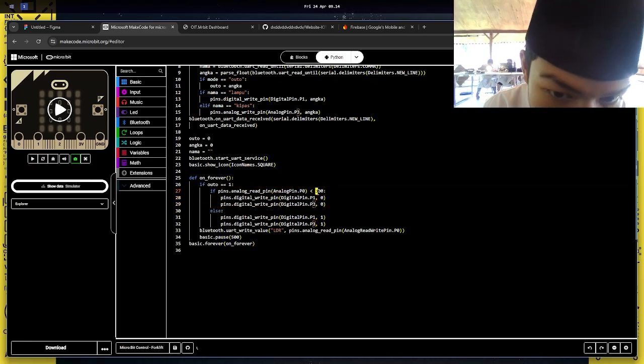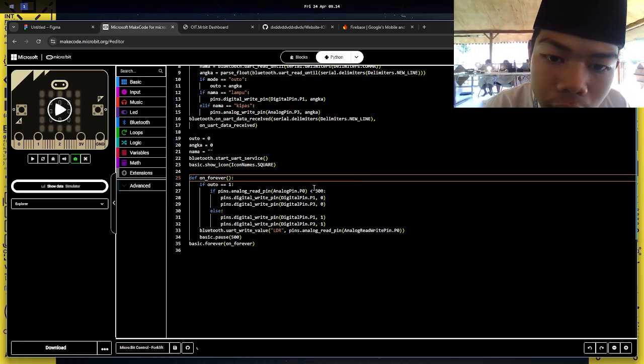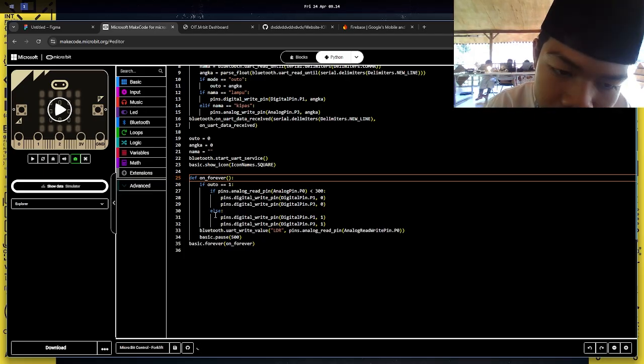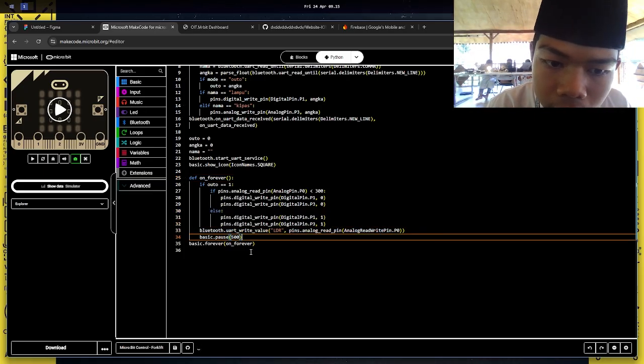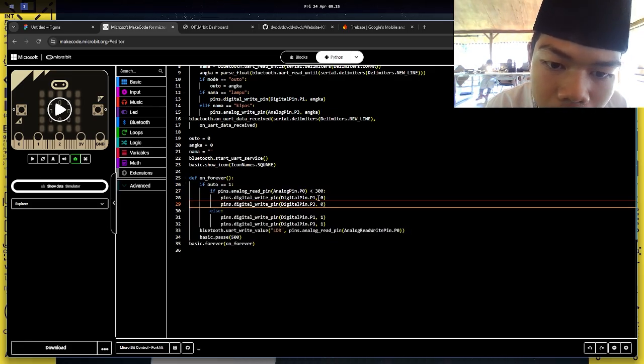That's how the LDR pins, the light sensor, works. And then else, if it's more than 300, that means it's kind of dark. It will just instantly turn on the light, and it's automatic. It also turns on the fan as well. There's pin 1 and pin 2. Pin 1 is the fan, and then pin 3 is the